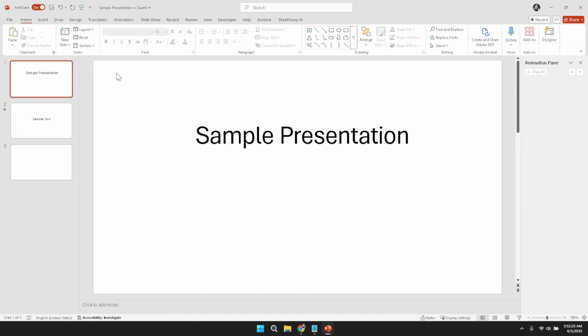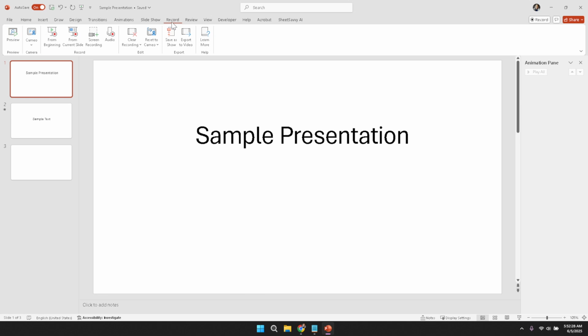After your presentation is loaded and visible on your screen, look toward the top of the interface for the Record tab. Selecting the Record tab will bring up various recording options specifically designed to help capture your narration alongside your slides. This feature leverages PowerPoint's built-in capabilities to create a seamless recording experience, ensuring that each slide is accompanied by